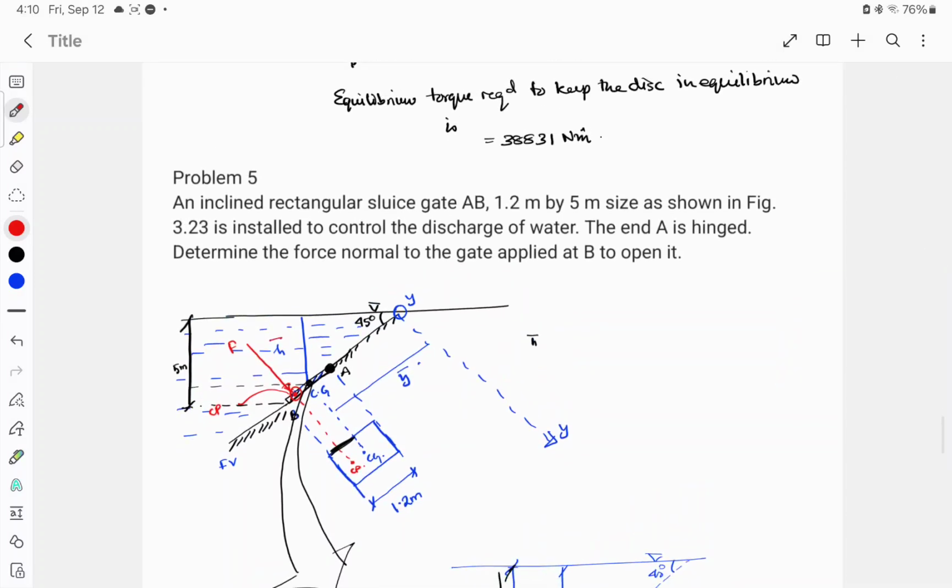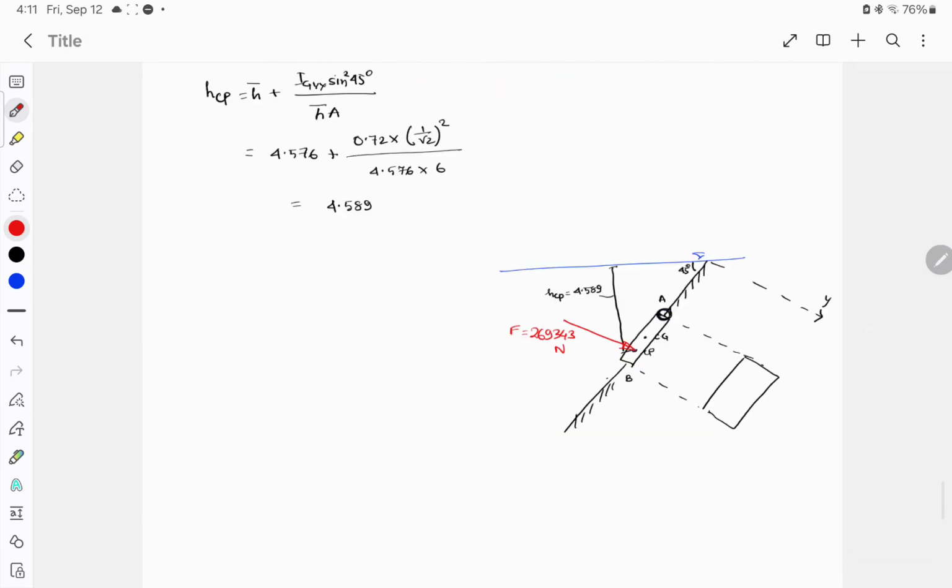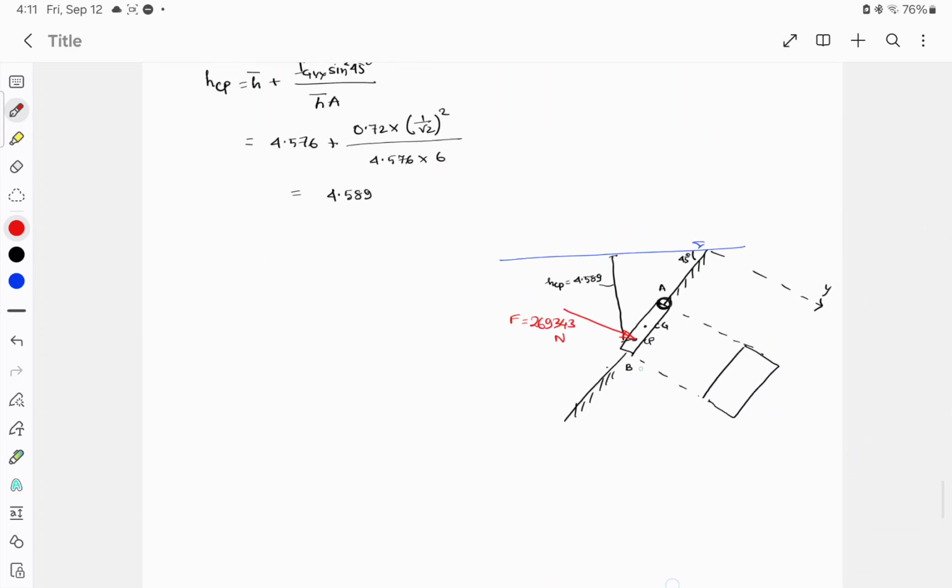Abhi there was one part of the question that said, okay, control the discharge. The end A is hinged. Determine the force normal to the gate applied at B to open it. अब देखिए, ये गेट पे ऑलरेडी एक फोर्स है, एक फोर्स हम लोगों को निकालना है, दिस फोर्स इज़ द रिक्वायर्ड फोर्स लिखते हैं। अभी इसको खोलने के लिए, इस गेट को खोलने के लिए, गेट खुलेगा किस तरफ, इस तरफ ऐसे करके। तो इस गेट को खोलने के लिए आपको इस साइड से ये F कितना निकालना पड़ेगा।